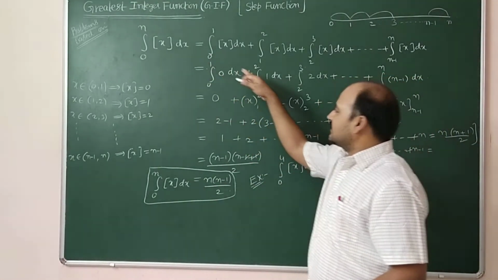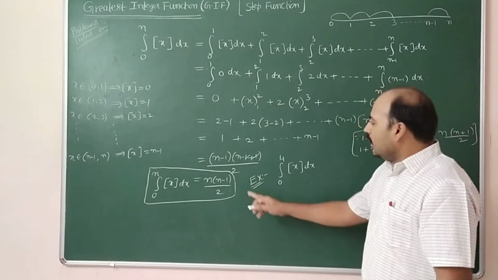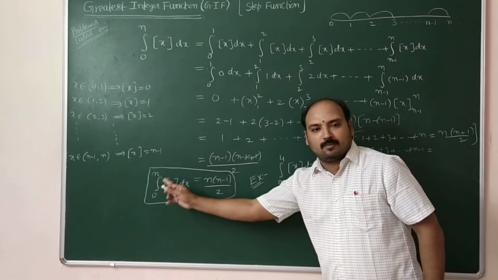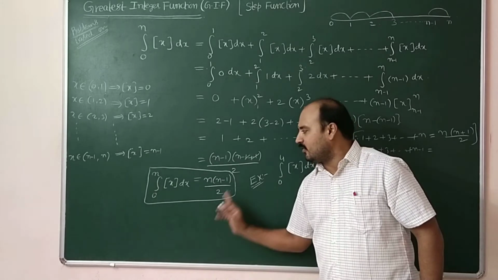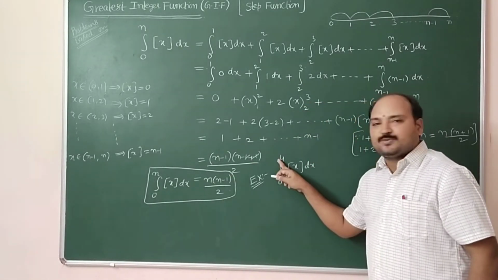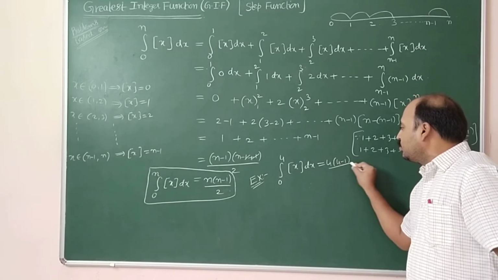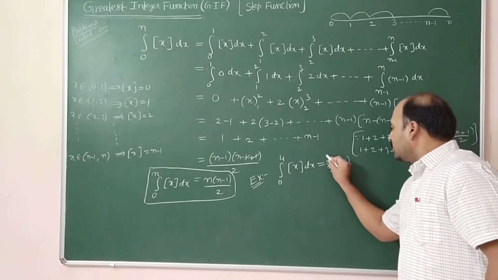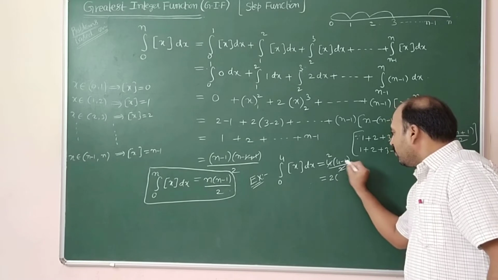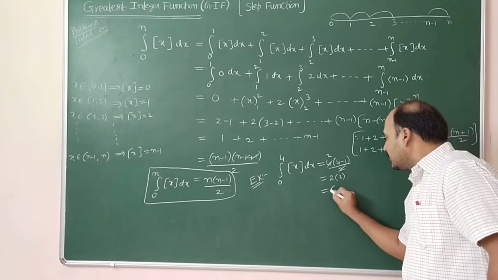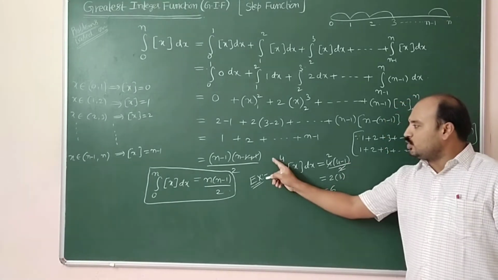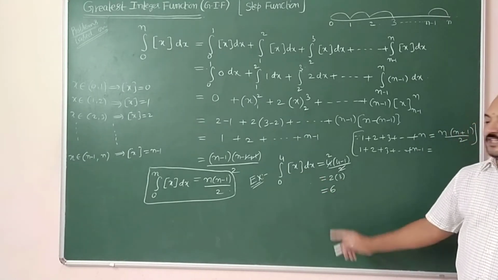In the competitive exams, we have less time to complete the answer. So, don't proceed like this. In place of n, whatever, this is the shortcut formula. Now onwards, we can utilize it as a shortcut formula. Wherever n is there, you have to replace it with 4. So it will become 4 into (4 minus 1) divided by 2. So, 2 ones are 2, 2 3s are 6. Therefore, integral 0 to 4 of step x dx is equal to 6.